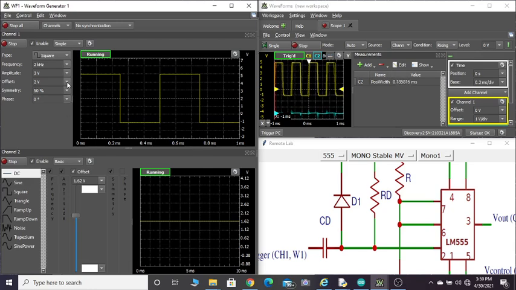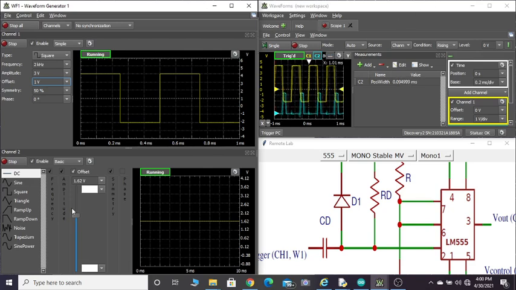So what I can do is reduce this offset. You can see reducing the offset will also help me to take this waveform down. Now it has gone up to -2, which is sufficient for the trigger signal to go below half of this reference voltage, which will be half of this, VTL. So I am able to get the waveform.